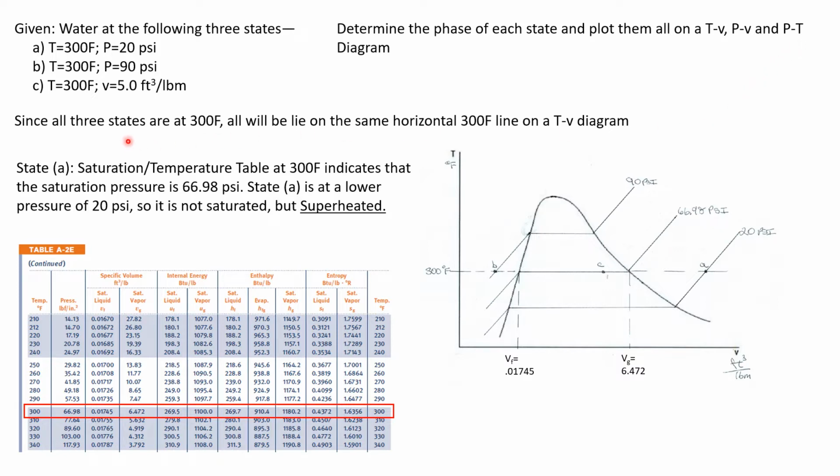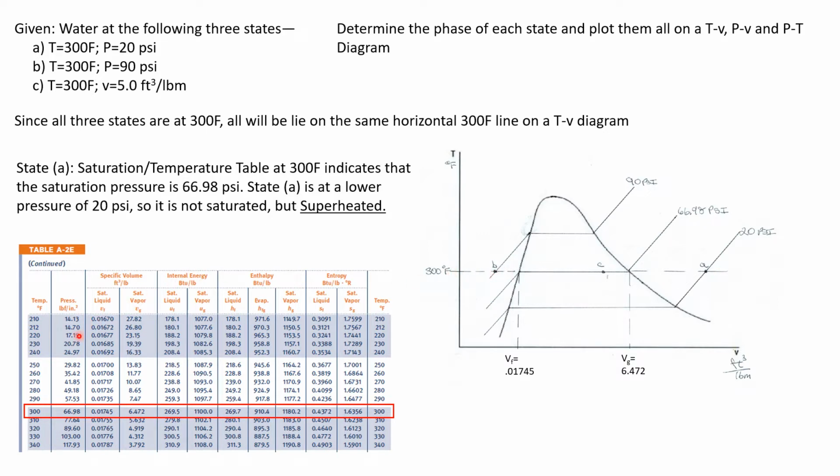All right. Now, all of them are at 300 degrees Fahrenheit, so all are going to lie on the same horizontal 300 degree Fahrenheit line on a TV diagram. So let's start with the TV diagram. They're our most common diagram. So we have temperature versus specific volume. We have a vapor dome. Okay, and we know at 300 degrees Fahrenheit, which is this horizontal line here,